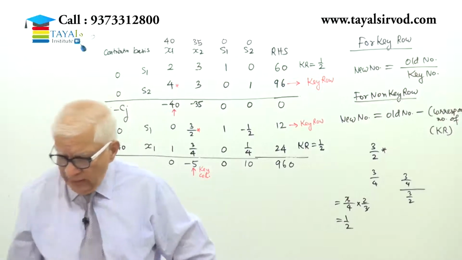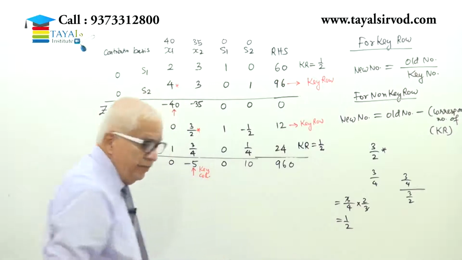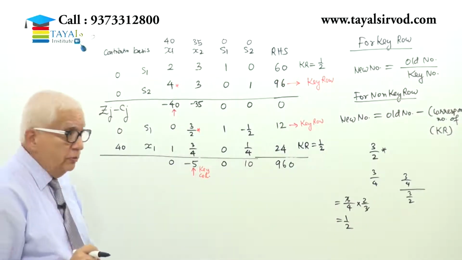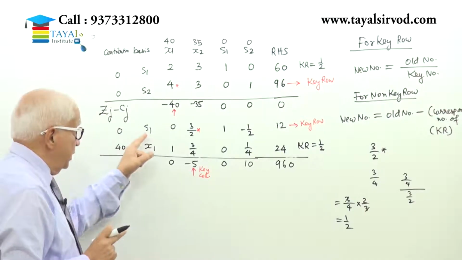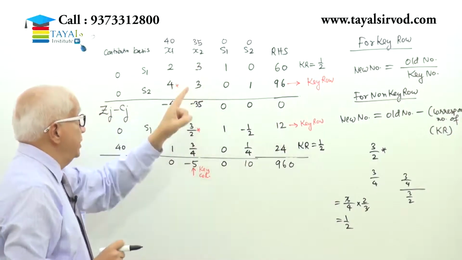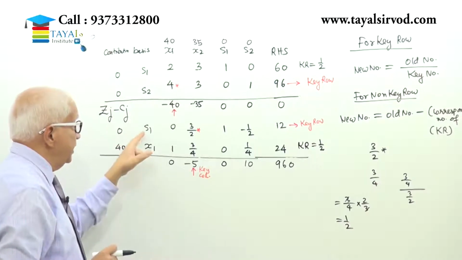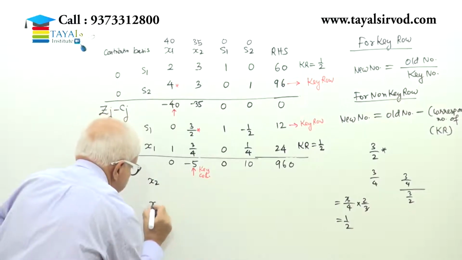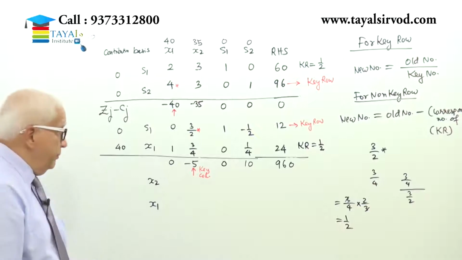Okay. So titles I am keeping the same. The titles of all the columns are same. I am not repeating them here. Now I am writing the new table. We start with the basis always. What are the changes in the basis or the basic variables? S1 is going out, outgoing arrow here. X2 is coming in, so X2 is coming in place of S1. So S1 goes out of the basis and X2 comes into the basis. So X2, X1 remains same. Only one change will happen in the basis at a time.